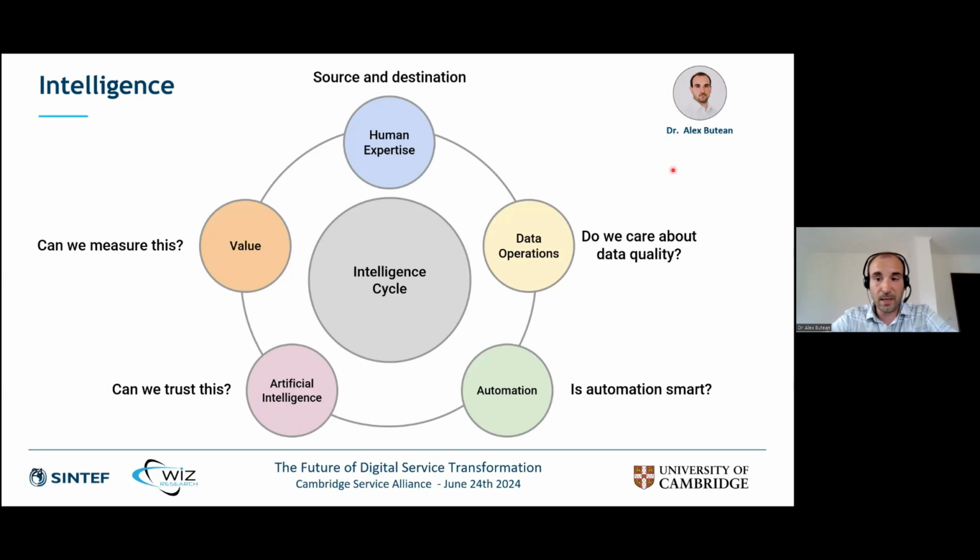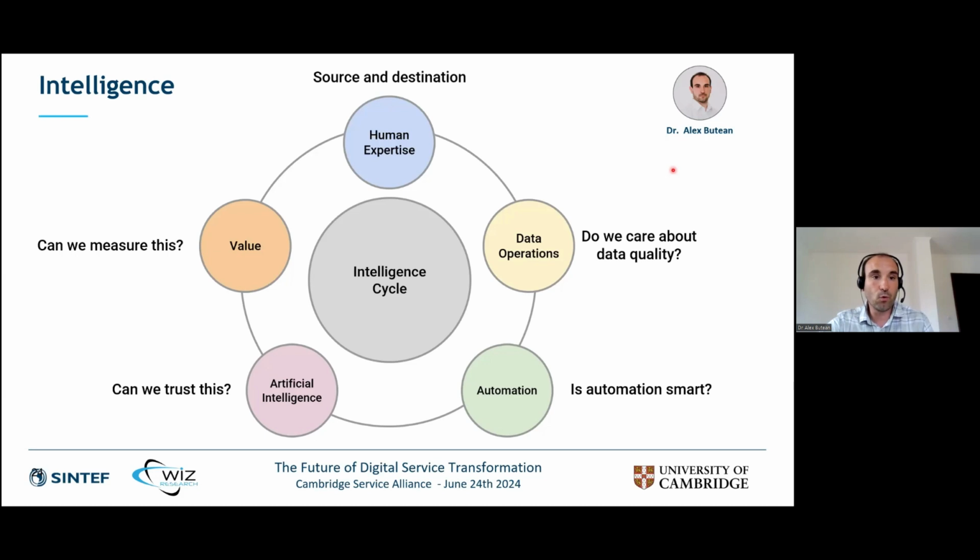Now, there's a debate here, which maybe some of the attendees would like to take up later in the questions, about automation. Do we keep saying that automation is smart? Or can we say that automation is just some dumb rules that we have made, some limited set of rules that we can apply in certain situations? But of course, this is not intelligence. If the set of rules is limited, as it is right now in most of our industrial systems, we like to say that our systems are intelligent, but in fact, they are just automated.